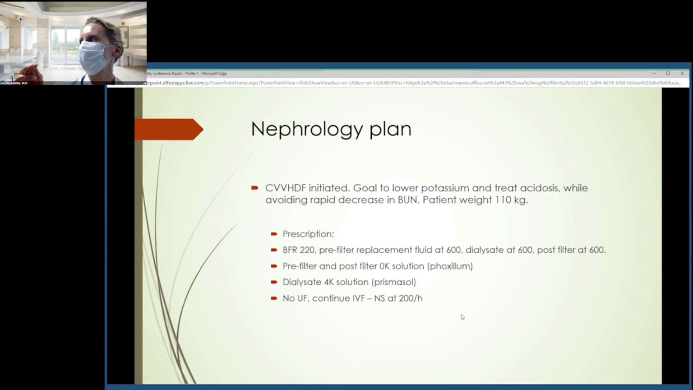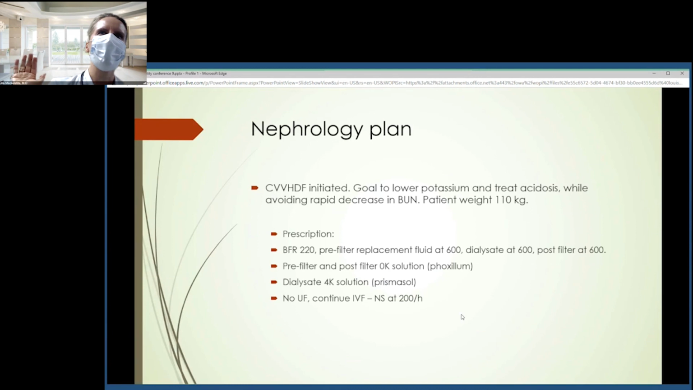And so we prescribed blood flow rate 220. That's a good default one. And the total prescription was 1,800. So it's a little bit underprescribed for such a big guy, but they did it on purpose to avoid lowering BUN too fast. And we used 4K solution for dialysate, and actually we chose 0K solutions for pre-filter and post-filter initially,